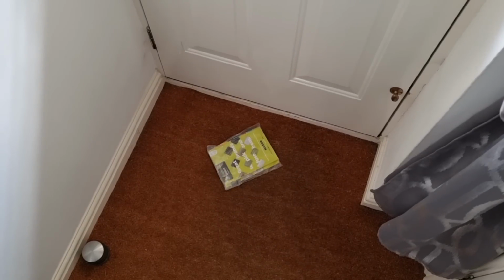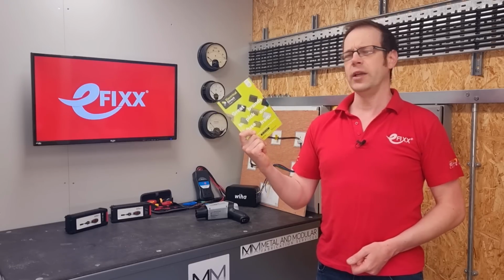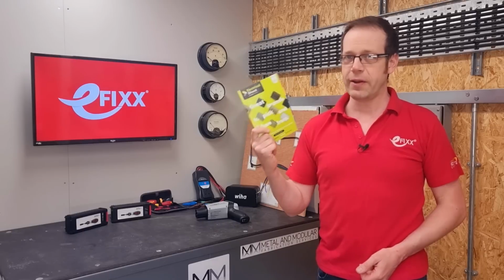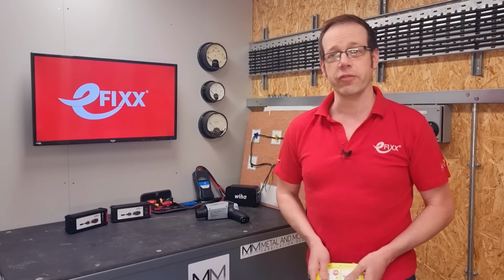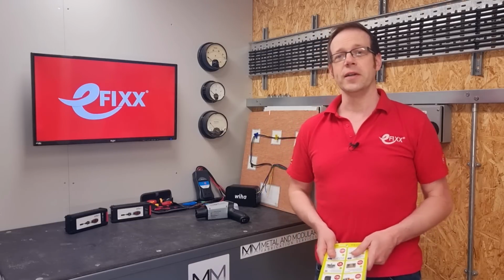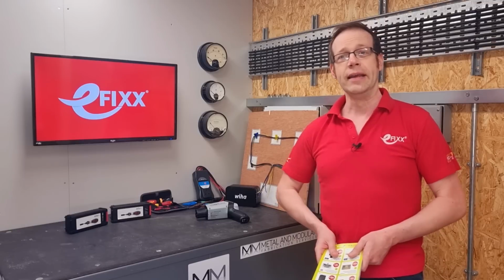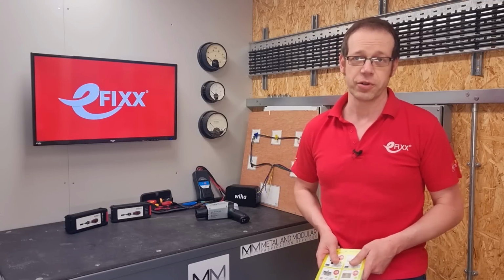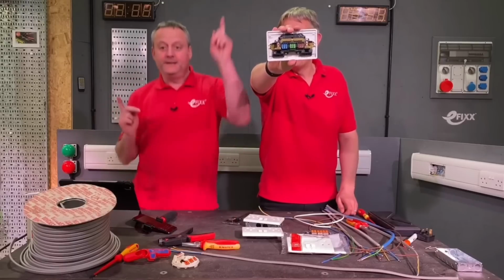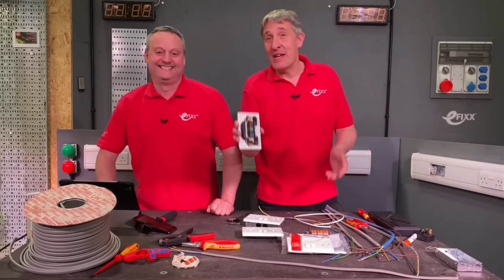First up, we had a thump at the door last week as a new catalogue from Electrical Direct landed. Having a flick through, we noticed that MK have now released the eFIXX screwless socket to more wholesalers. Previously, it was only available from Screwfix and B&Q DIY stores. The eFIXX is the first 13-amp screwless socket on the UK market and offers up to a 45% time saving compared with traditional screws. Check out the video we made for the product launch last year. I'll leave a link in the show notes and also a link to pick up a copy of the new